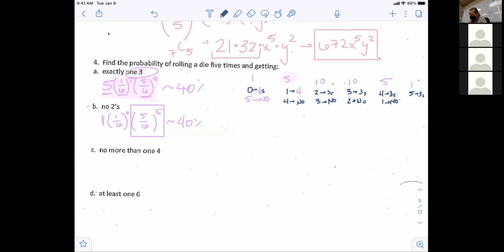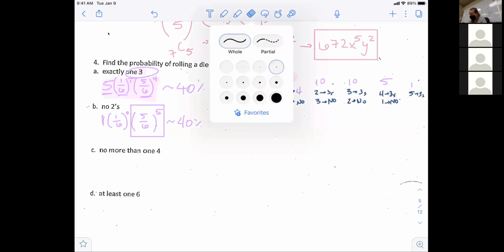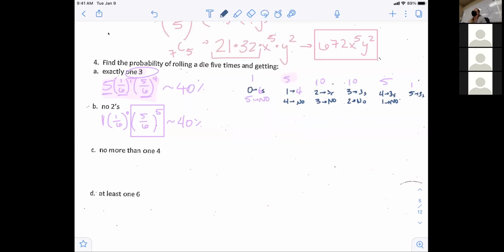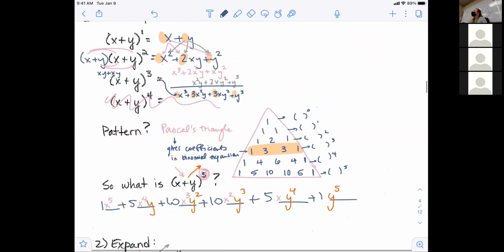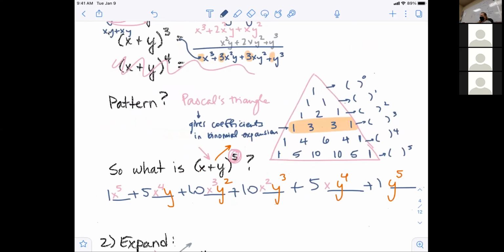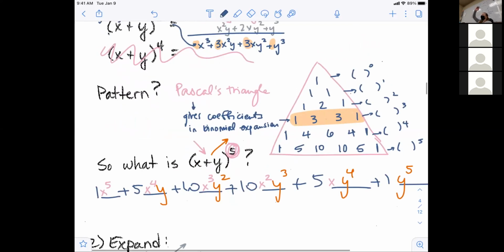I know you didn't just do binomial expansion all weekend and you didn't look at Pascal's triangle all weekend. That's okay. A reminder that we learned Pascal's triangle because it helped us find the coefficients when we did our binomial expansion. And every time we did binomial expansion, we took my exponents. And for the first term, we went down. So we started with the highest number, and then we went down by 1, down by 1, down by 1